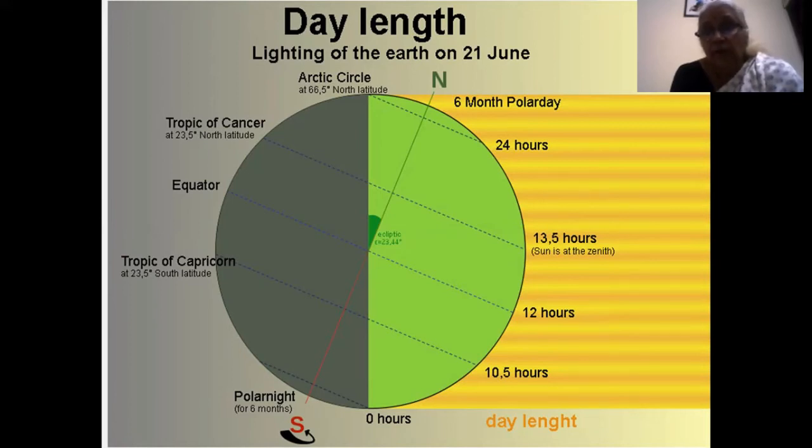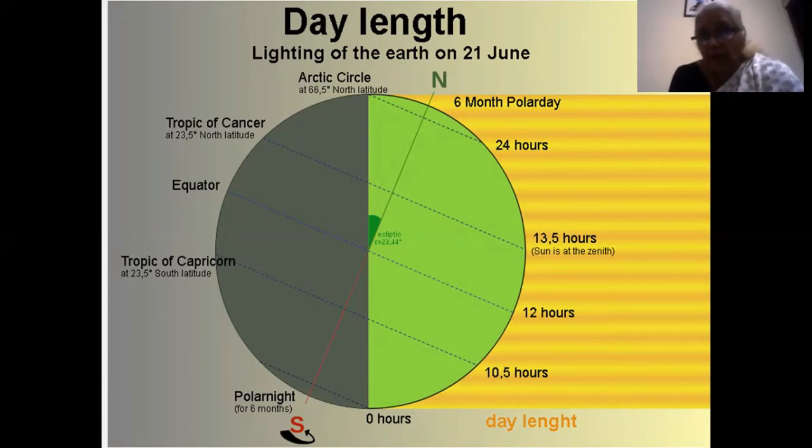You also need to look at the Arctic Circle. As you can see, in one rotation of 24 hours, the Arctic Circle and the regions above the Arctic Circle have complete daylight for 24 hours. Similarly, in the southern hemisphere, in the Antarctic Circle, in one 24-hour period, it has complete darkness. So this is what we look at, having 24 hours of daylight or darkness in the polar region.